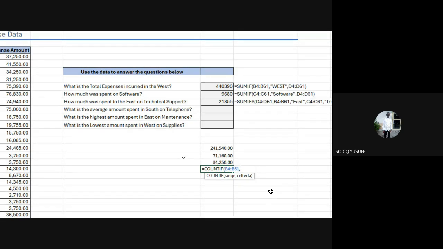So tell me, how many expenses happened in the East? So tell me what would be my criteria, everyone? Maybe expense amount. No. How many expenses happened in the East? Of course, your criteria is going to be the East. You want to see which one is coming from the East, right? Which one is coming from the East?